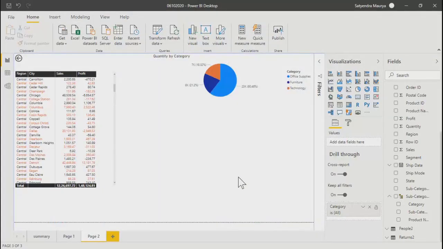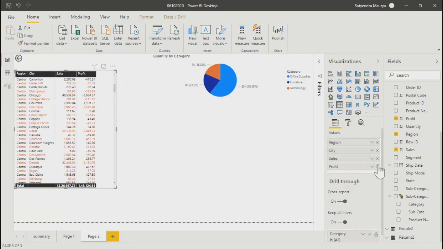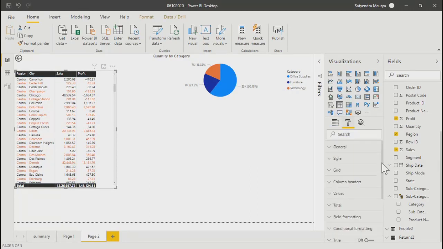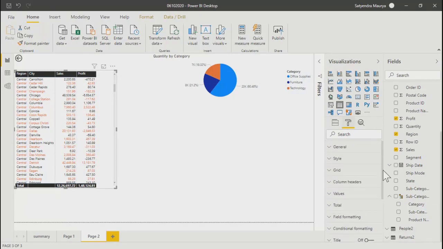Okay, so it was all about your filter. We were just going through this particular formatting option. I'm just covering it for table right now, but you need to go through it, because each component will have different options. So we saw just now grid lines, column headers, values. Then you can apply specific formatting on your totals. So totals like these numbers at the bottom in the table.